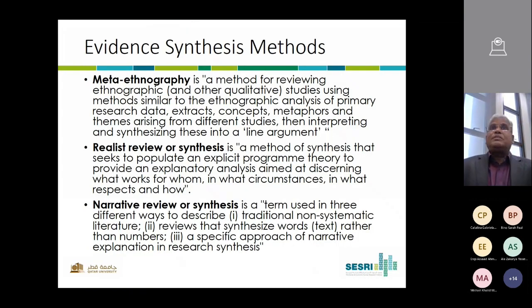So what are evidence synthesis methods? We discussed what those are, but in detail, what specifically are these methods? For example, meta-ethnography, in terms of method, is a method for reviewing ethnographic data or other qualitative studies data, using methods similar to ethnographic analysis of primary research data, observations: extract concepts, metaphors, themes arising from different studies, then interpreting and synthesizing these into a storyline